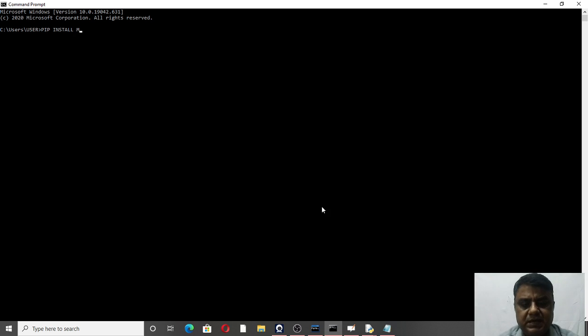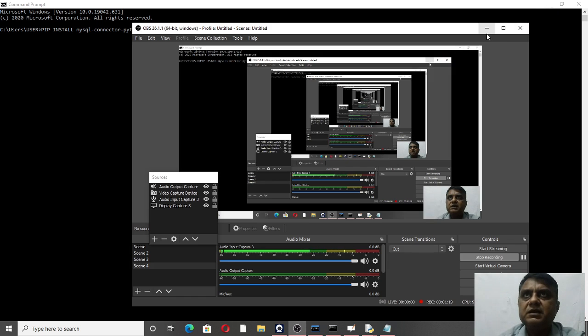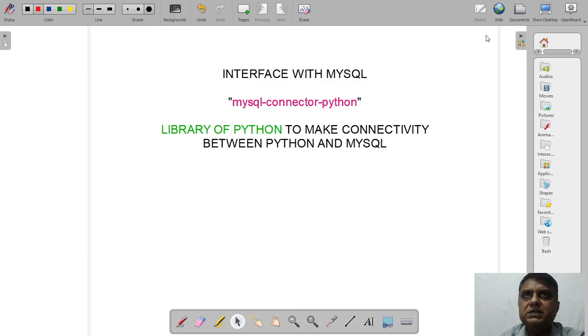That is mysql-connector-python, right? And then press the Enter key. This will install this library into your computer.